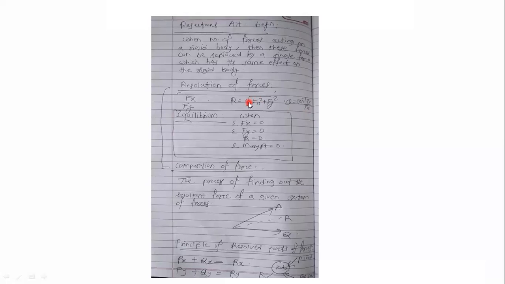Okay, and when you find the resultant of the resultant, then R is equal to the square root of R square cos square theta plus R square sin square theta. So R square we take common, sin square theta plus cos square theta will be 1, and therefore R is equal to the square root of R square, which is again R equal to R, right? So in this way the resolution of a single force can be done.